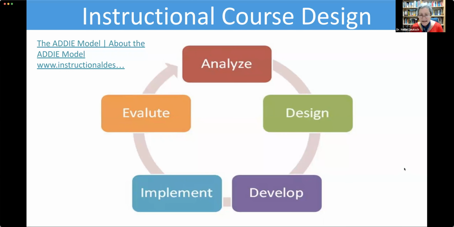Yes, about ADDIE. Actually, the ADDIE model started way before 2015. That is just where we got a publication. It was just one of the publications, but the ADDIE model, as you can see here, analyze, design, develop, implement, and evaluate, started out actually in the army, which is interesting. It started out for the army, but it became very popular with online course designers. So it's for instructional course design.